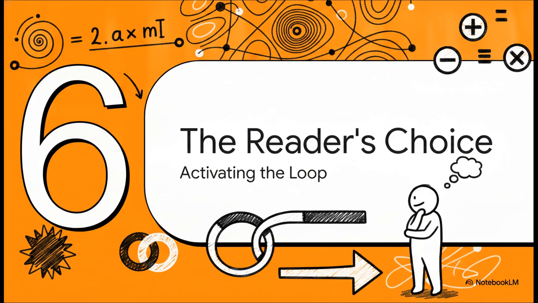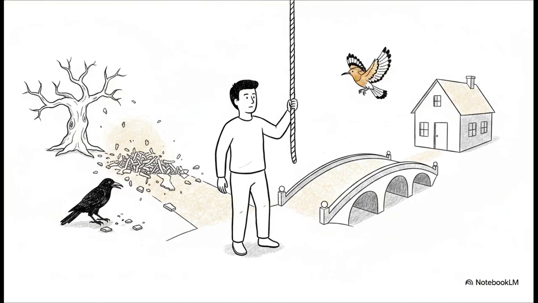And finally, Section 6, the reader's choice. All right, so the framework makes it crystal clear. Verse 28:12 is the structural antidote to 21:20. One path leads to a tree of hidden death and a crow that buries. The other leads to a house of sincere life and a hudhud that delivers empires. While the zahil takes the whisper of the derivative, the true reader, they take the sister's direction to the integral.